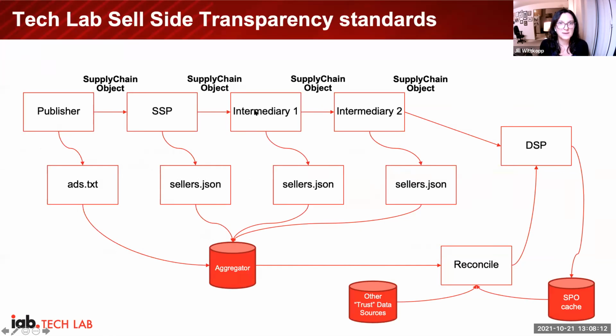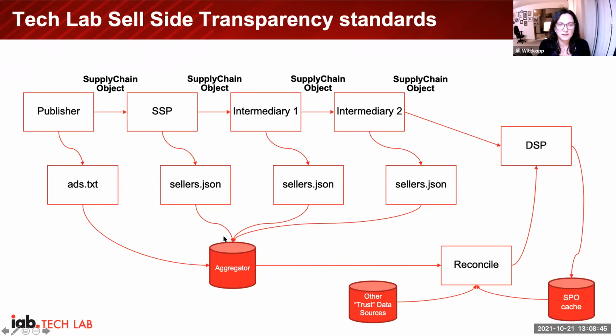So if you think about this path from publisher to SSP to intermediary to DSP as a flow through the OpenRTB, like a programmatic transaction, then with each hop here, you would be adding in a supply chain object node to the bid request, and each hop can be used to actually validate that the authorized seller is in the ads.txt file, or that the specific company is within a Sellers.json file, and then allows the DSP